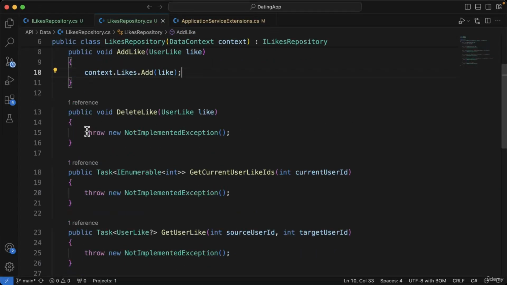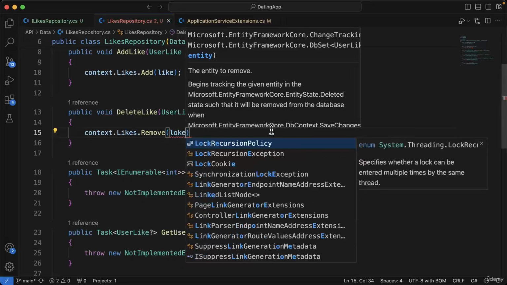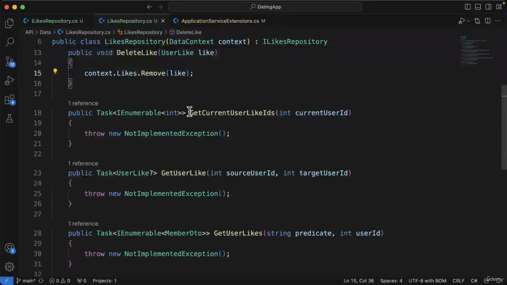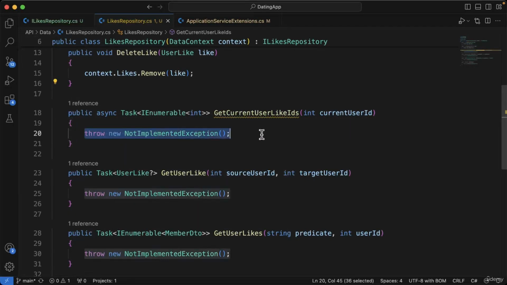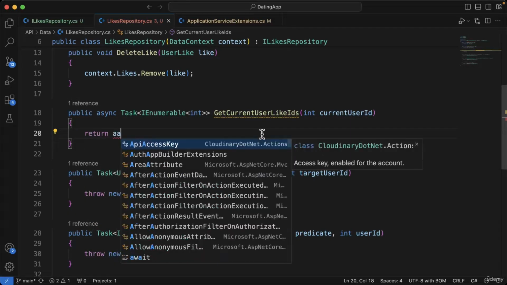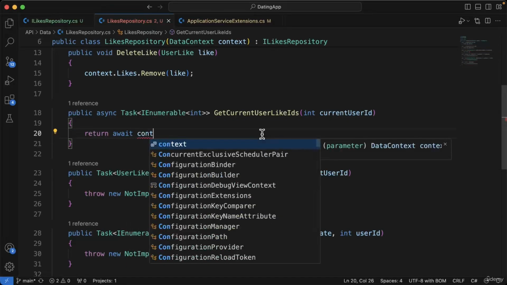And the DeleteLike is equally simplistic. So we'll say context.Likes.Remove(like). And then we need to get the current user like IDs. So this is going to be an async task. And inside here, we're going to return await context